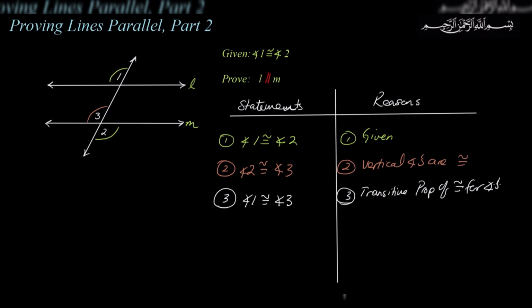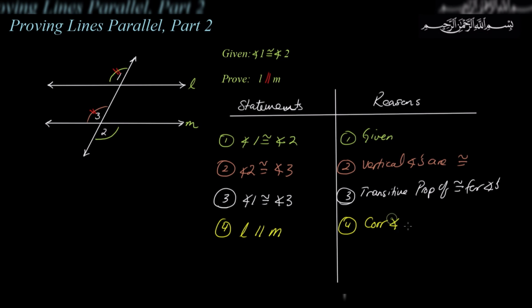That's beautiful. And finally, now we know that angle 1 is congruent to angle 3, because we proved that. Angle 1 and angle 3 are corresponding angles, aren't they? So then we can say, that's going to be statement 4: angle 1 is congruent to angle 3, therefore line L is parallel to line M because of